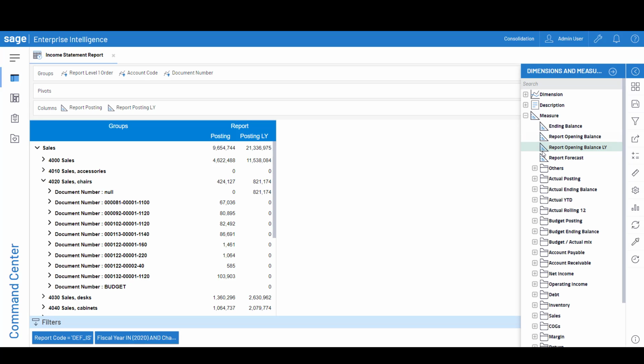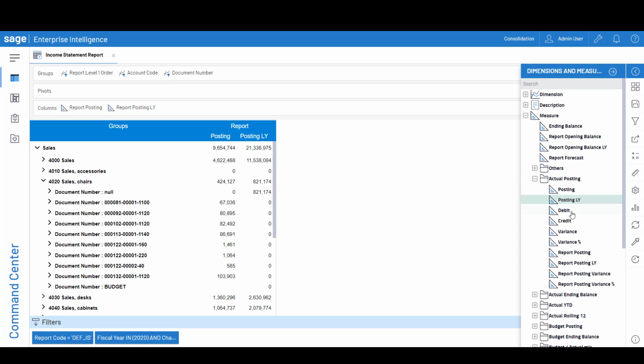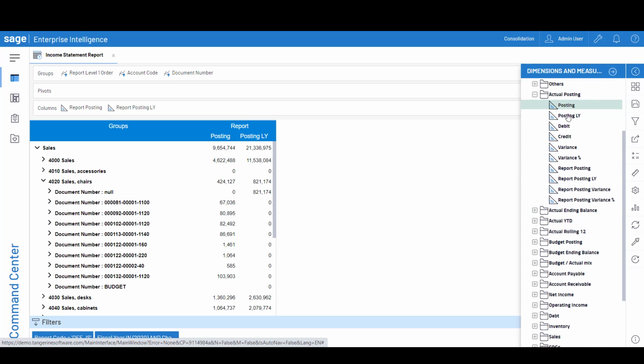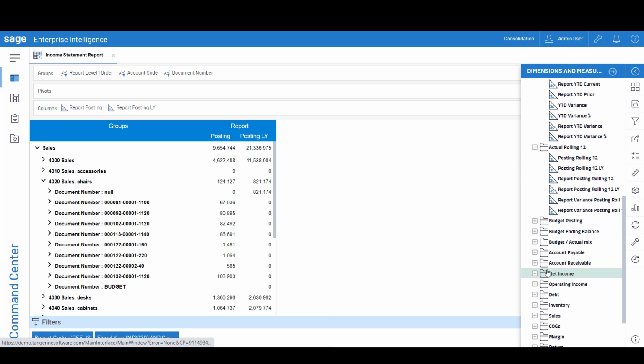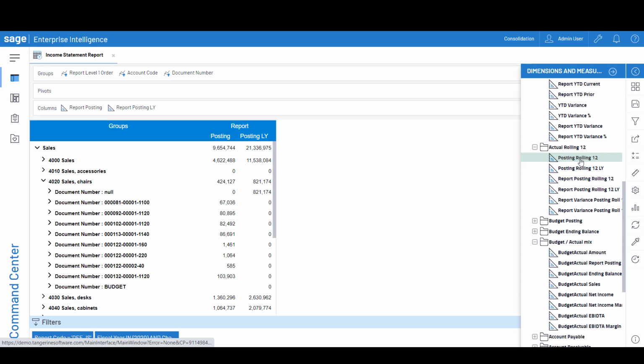One of the main advantages of Universal Data Model is that it provides hundreds of different pre-built KPIs, which we can simply bring into these reports, therefore giving us a very good starting point when it comes to reporting and analysis. For example, actual posting here has debit, credit, variance percentage, year to date, we have actual rolling 12, budget and actual mix measures,